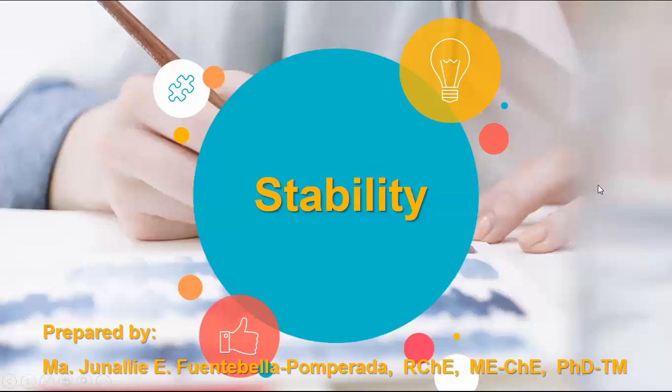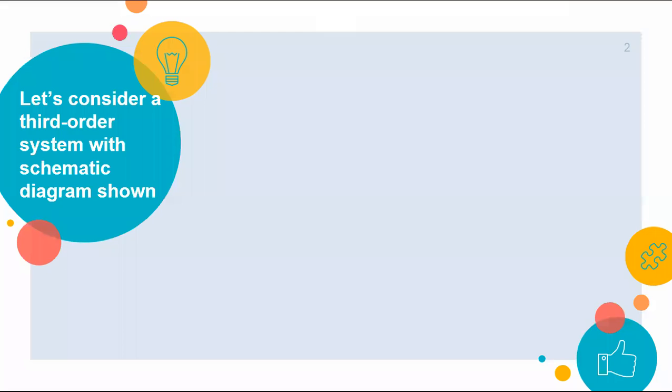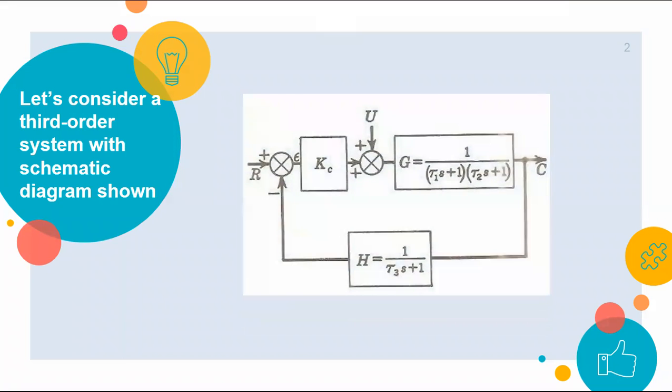On the topic of stability, the last topic for this course, process control. So let's consider a particular third order system in which the block diagram will be shown here. For this particular system, you have the controlled variable C,